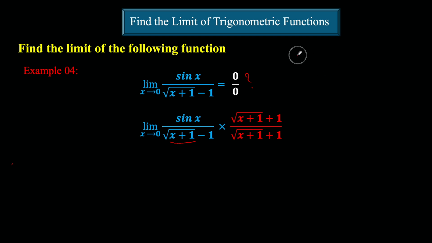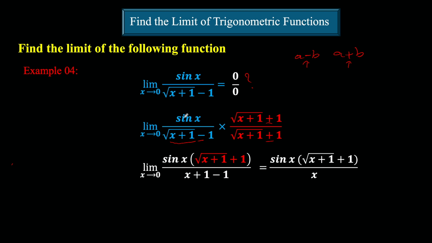Just a quick reminder, we said the conjugate of a minus b is a plus b, okay? So what we change is only the sign. In this case, here is minus, we change it to plus. Second step is, we multiply this by this; we didn't do the multiplication, we just put them together. Then